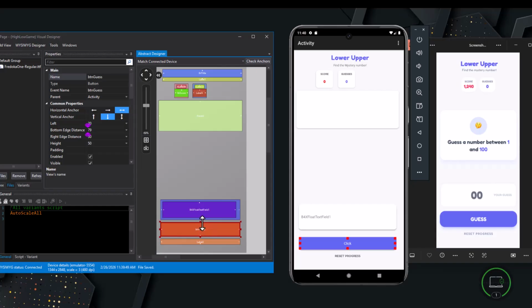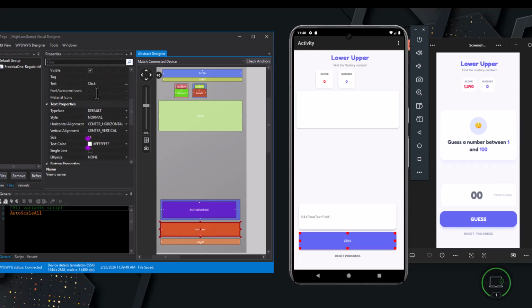But button 2, the button text should be guess, caps. Font should be the same as Fredoka, size 20. Okay,